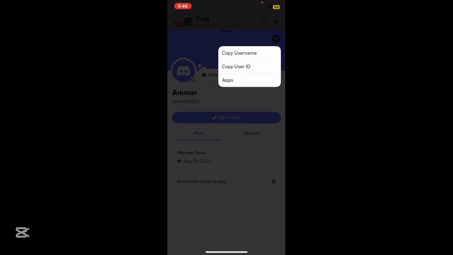Lastly, restart your Discord app if the Copy ID button or Copy ID option doesn't appear immediately after turning on